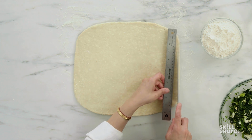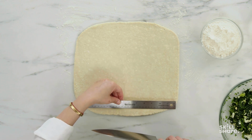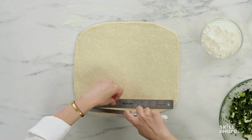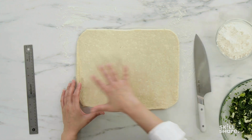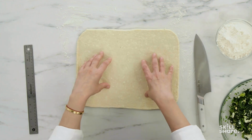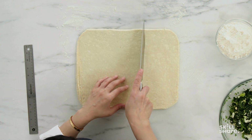The first thing that I wanna do is square it off. If it looks almost straight on one edge, you can just kind of push it in a little bit. But if you have a little bit of hanging over pieces, just square them so that you can increase the likelihood that you're gonna have straight lines. We're gonna put 9 squares here. So I'm just gonna eye it, because sometimes the ruler is just about as good as your eye,